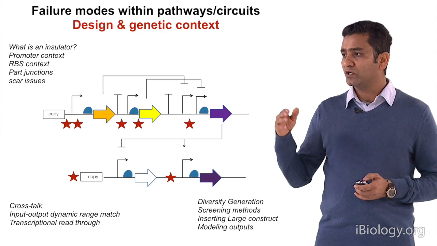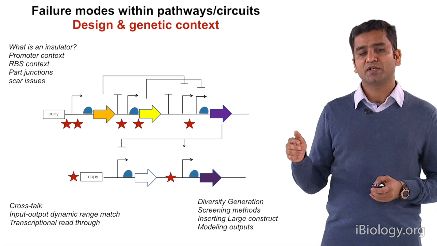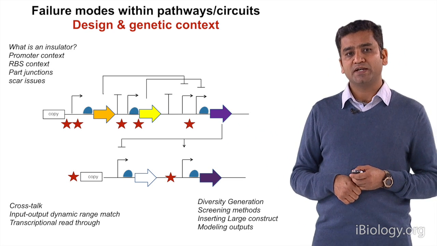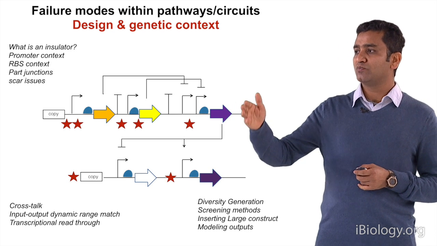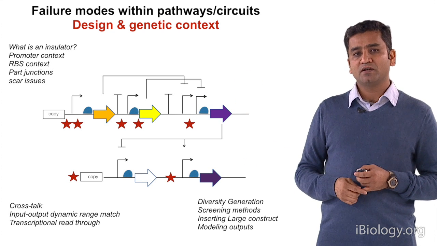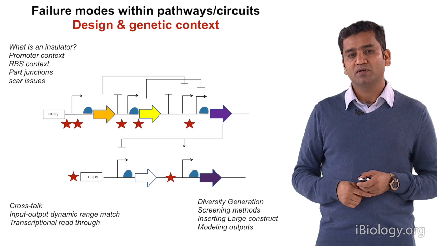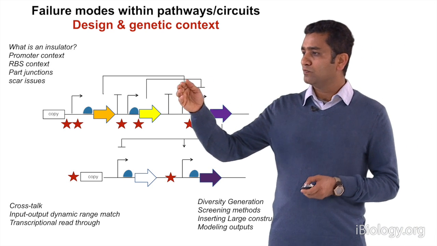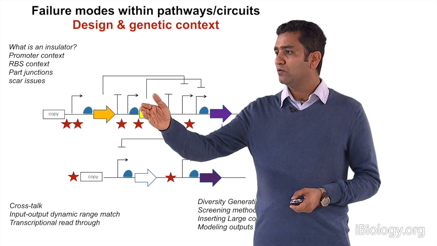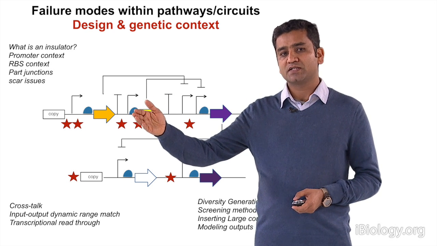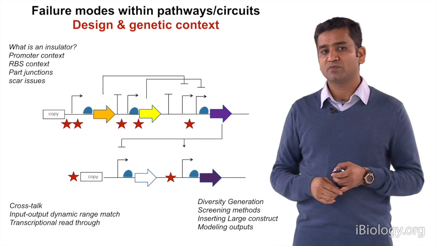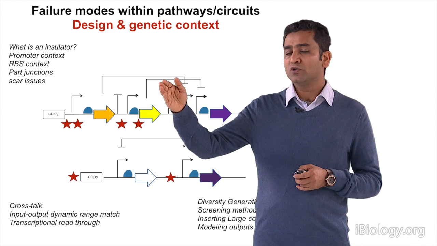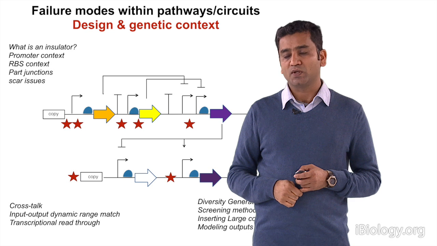But now there are a variety of approaches people have put together. There are ligation independent methods, restriction site independent methods. But let's imagine you put all of these together into a different circuit. There are different failure modes that can happen and impact the performance. For example, we now know that promoter context is very important. It can impact the protein expression by changing the promoter strength. So we need to put in an insulator, but we don't know what the insulator region is.